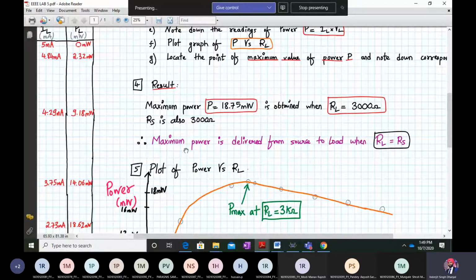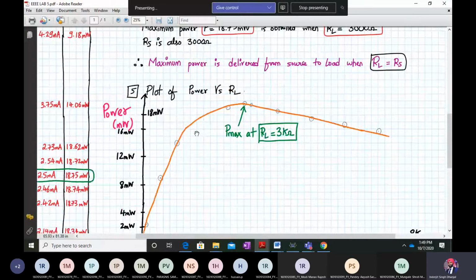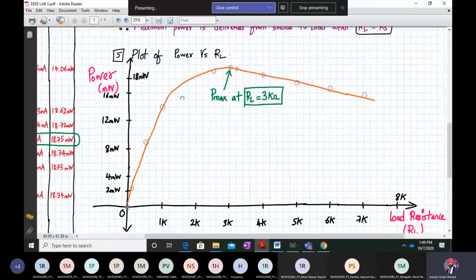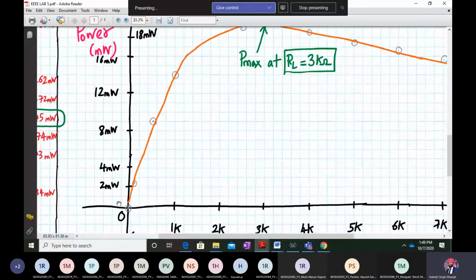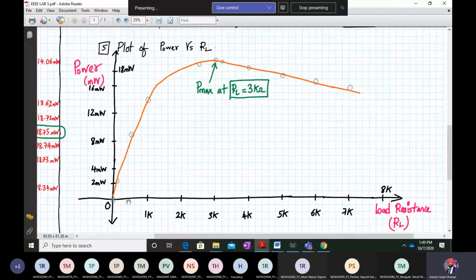Okay, and the next part is to plot the graph of power versus RL. So you can take a piece of paper and mark the x-axis and y-axis as I have done over here, proportionally. Here I have taken 2 boxes, so this is 2 milliwatt, and accordingly over here I've taken equidistance. So here you can plot it up till